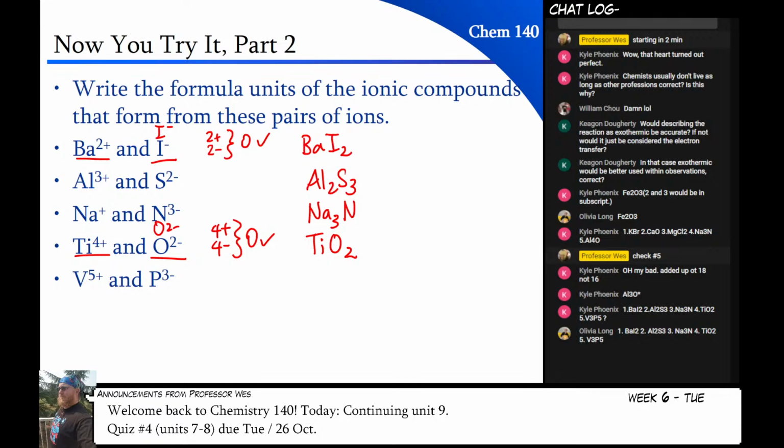And then this last one, thankfully there's lots of space down here. So I have positive 5 and negative 3. Obviously that doesn't work out, right? I don't know why I did that sideways when I literally just set it up to do it this way. So I have too much positive, so I need to put another P3 minus in there. And when I do that, this becomes that. Now I have too much negative, so I need a positive, but these only come in chunks of 5, so